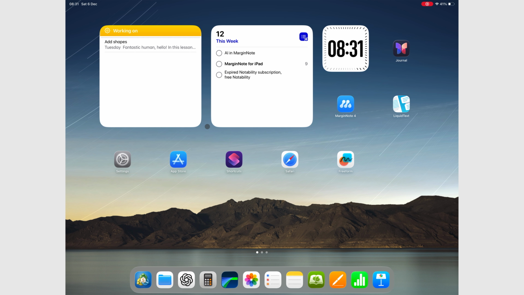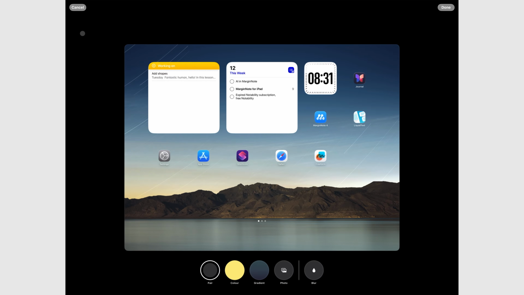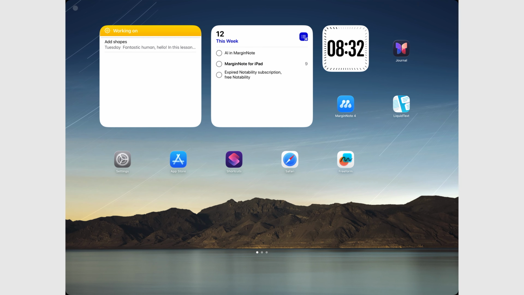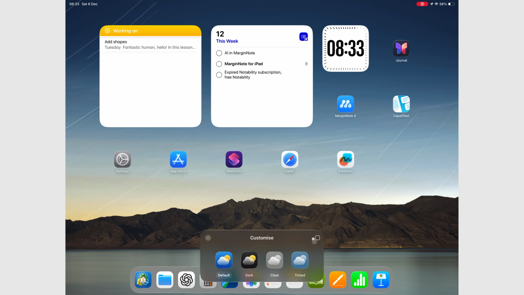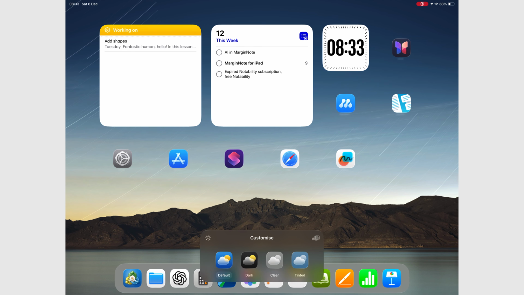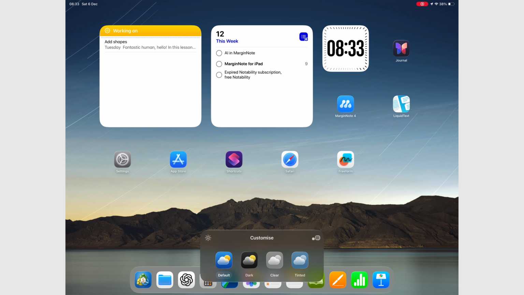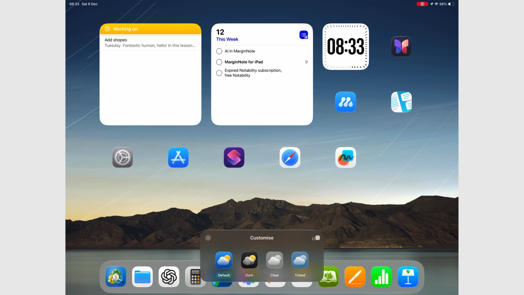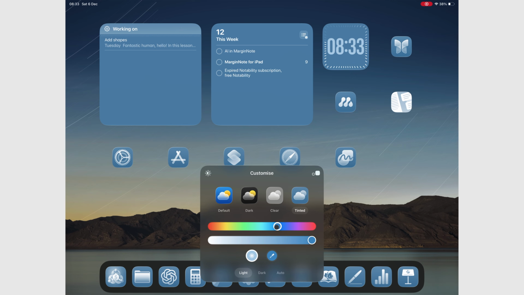All these options are easy to reach from the home screen's editing mode, where you can quickly change your wallpaper, switch between large or small icons, and even choose how your icons appear. They can be tinted if you want all of them to share the same color, for a minimalist feel,